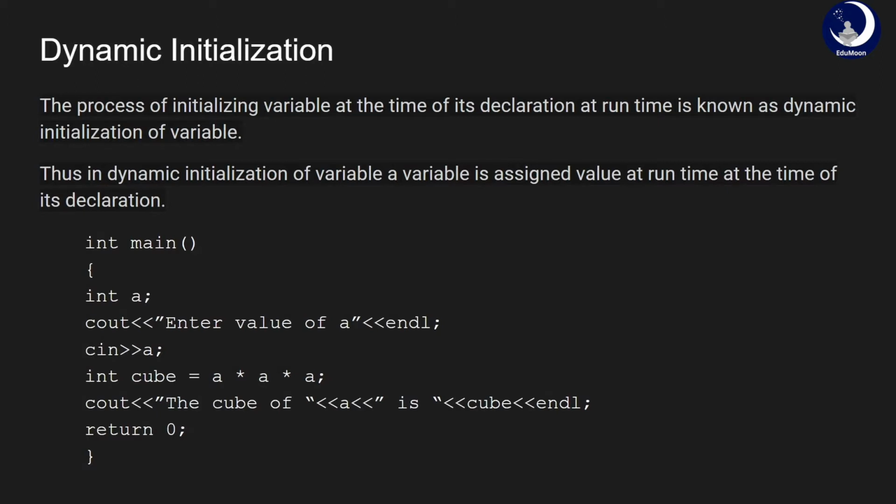Here we have int main, which is the starting point of the execution, that's the main function. And then we have a variable int a, and then the statement "enter value of a" prints on the screen, and then cin >> a takes an integer value from the user and stores it in the variable a. And then here comes the dynamic initialization part, wherein the variable cube, which is of data type int, is equal to cube of a. That is, int cube = a * a * a. Here cube is dynamically initialized, that is during the runtime when it comes to know what the actual value of a is, and then its value is printed to the computer screen.